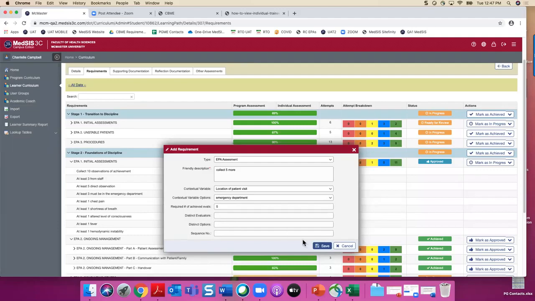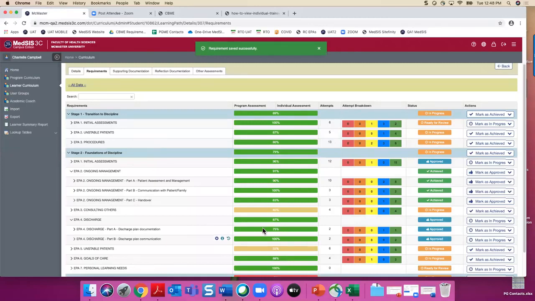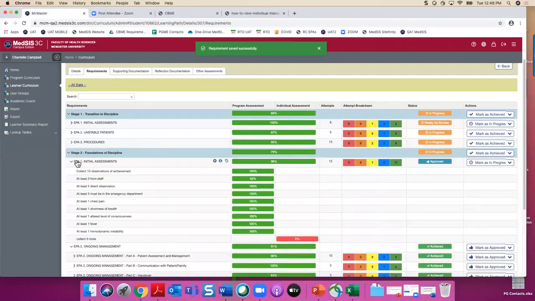So if there was feedback from the RPC for an enhanced education plan, is this a mechanism to use to enter those things into the system of what the expectations might be? Yeah, it depends on what the education plan is, because this is an EPA dashboard. So this is set up really to pull in the EPAs or anything that has to do with an EPA. However, we do have the ability to put requirements in the dashboard that